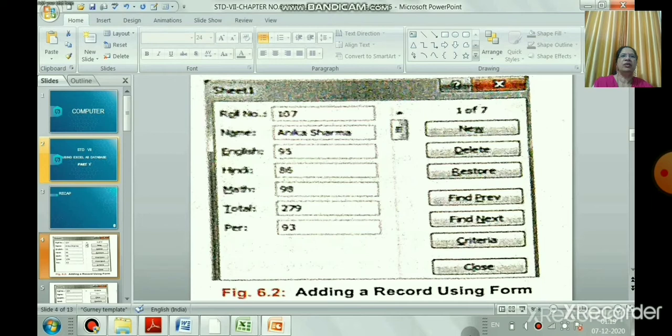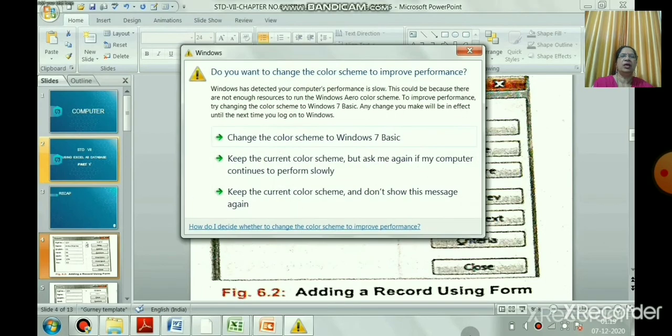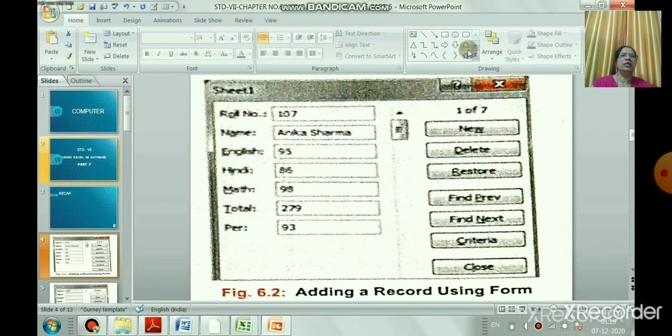Okay, and we have learned what is field and what is record and what is field name. Okay, so database consists of field and records, right? In simple terms, you can say records refer to rows and fields refer to a column in Excel. And we have learned how to create a form. A form is what? The form is a dialog box that provides an easy way to enter or display a complete row of information, or you can say a record.